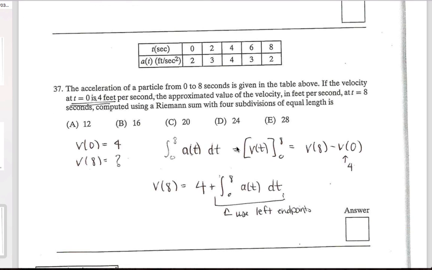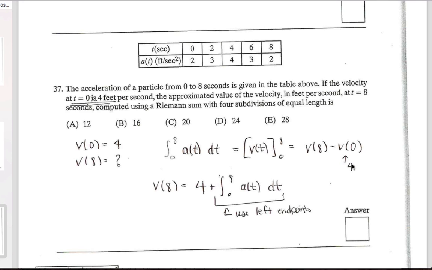Okay, number 37. I've done a ton of this type recently, and as you can see, they're very popular on the AP exam. So if the velocity at t equals 0 is 4, so we know v of 0 is 4, they want you to find v of 8, and they're giving you stuff about acceleration. Well, we know that the antiderivative of acceleration brings us back to velocity. Now, how do I know the bounds? I know the bounds by what's given and what we're trying to find. So what's given is 0, what we're trying to find is 8, so I let that be my bounds. I get v of 8 minus v of 0, because again, the antiderivative of a is v.